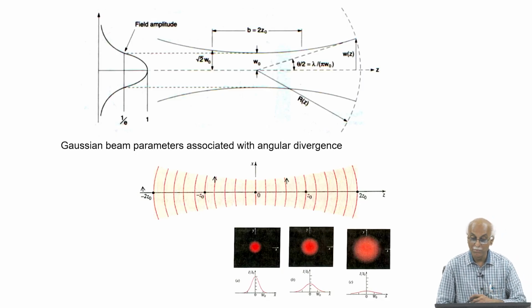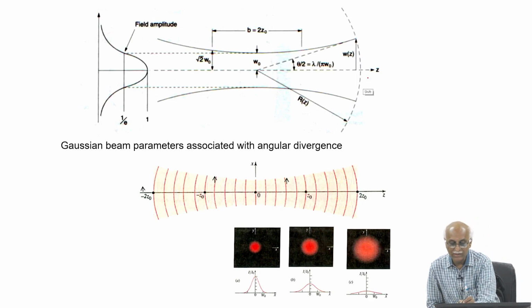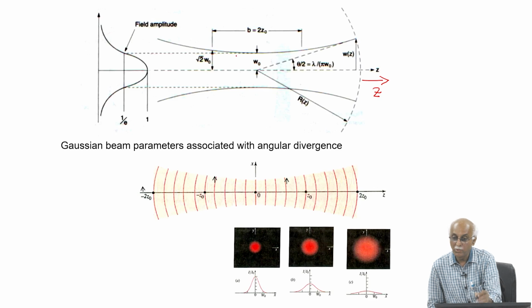So, we were talking about how the laser beam propagates. Propagation is along the z direction. When the beam propagates, as I told you, at the beam waist, z equal to 0 position,